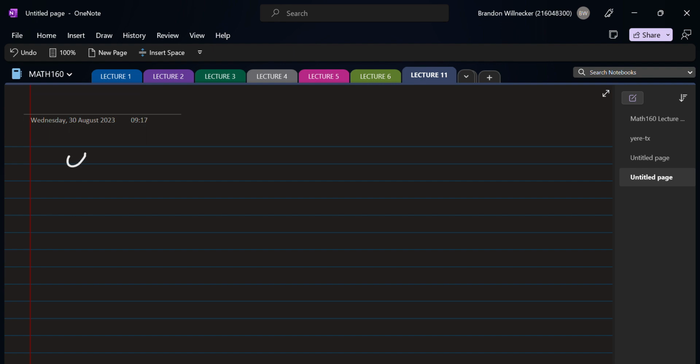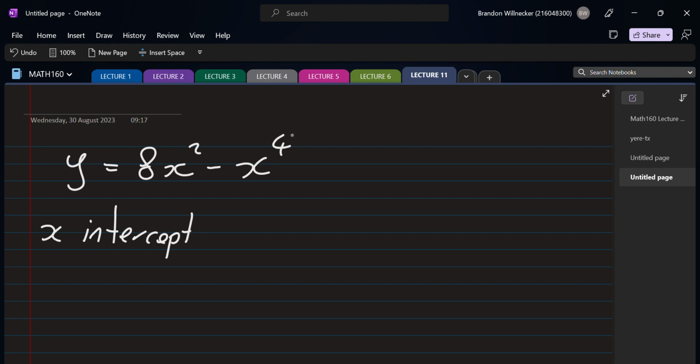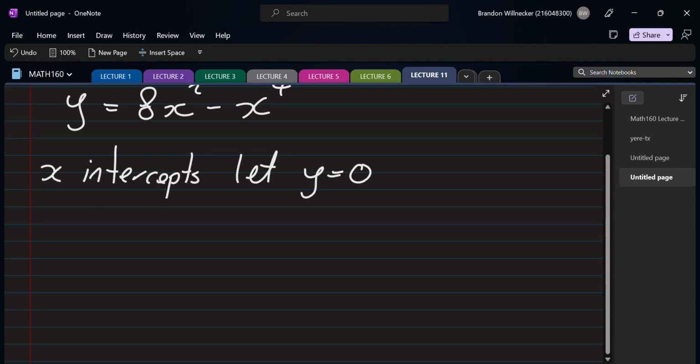Okay, so we have y is equal to 8x squared minus x to the 4th. That's the highest power that we're going to work with. Let's have a look at the x-intercepts. Just a reminder, for x-intercepts we let y be 0. So we set y to be 0, and then we have 8x squared minus x to the